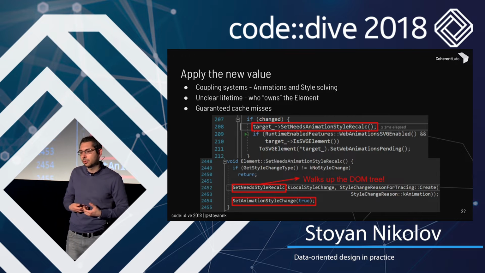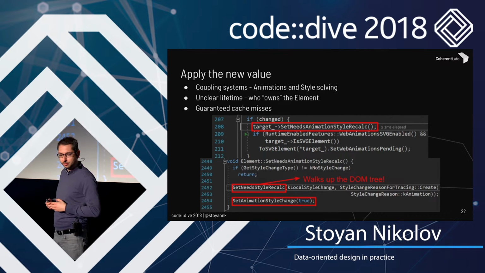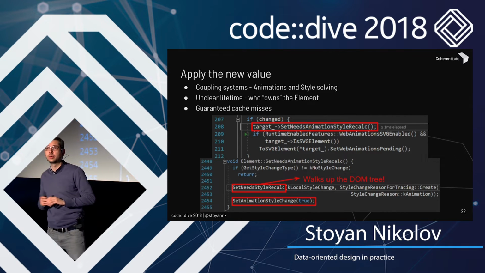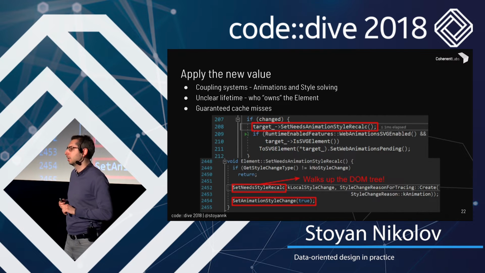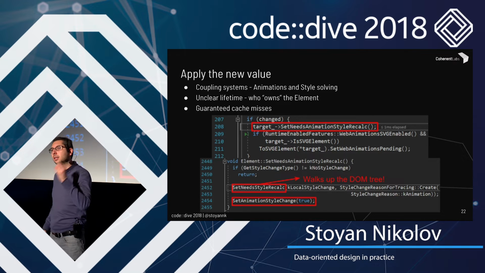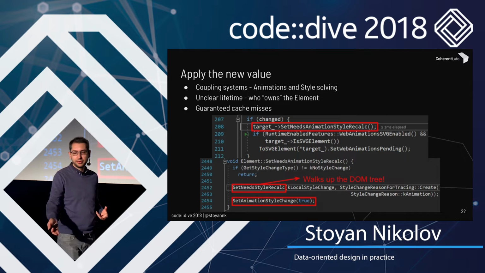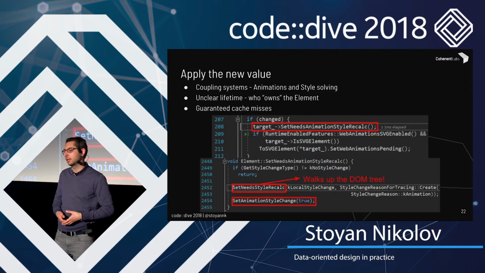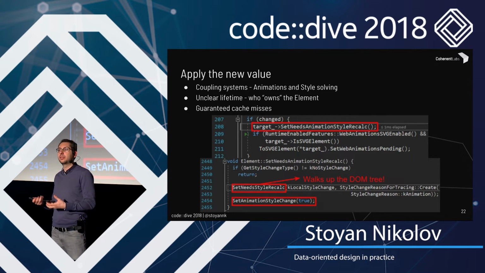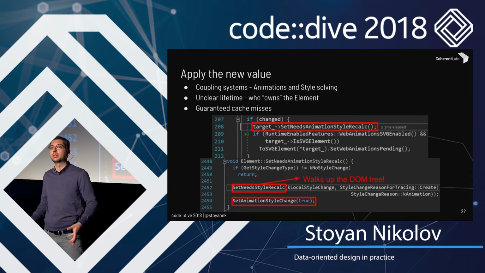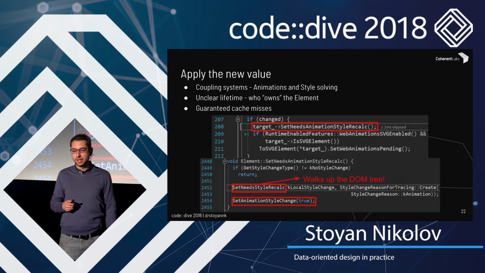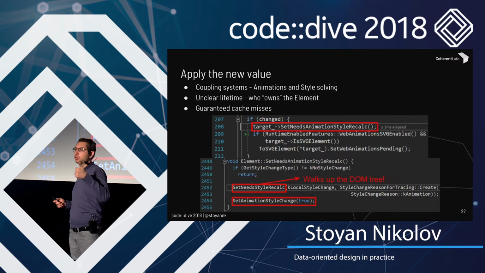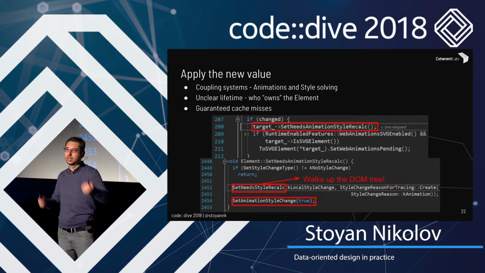And as the element for our animation system is a black box, we don't and shouldn't care, according to object-oriented programming, what this setNeedsAnimationStyleRecalc method does. We don't care, but it has a significant effect on the performance of our system. And this is a peculiarity of how Chromium does its restyling, but it applies to any system where you call some method and you don't know what it does. In this case, it has a big performance penalty. The first reason is that it has to call this element, which is again somewhere on the heap, so we get a cache miss there.